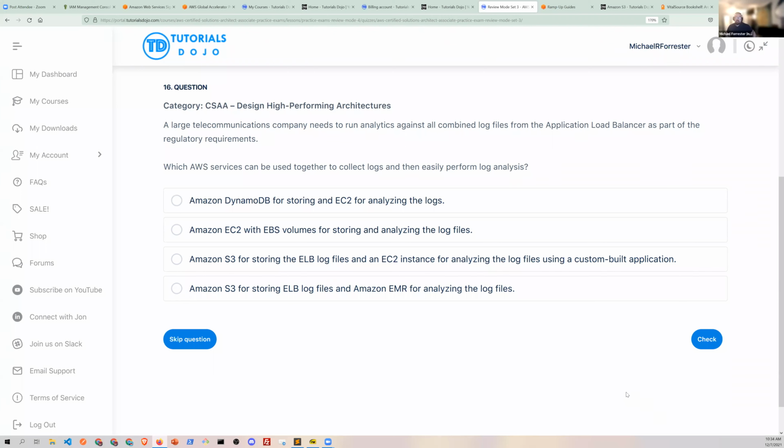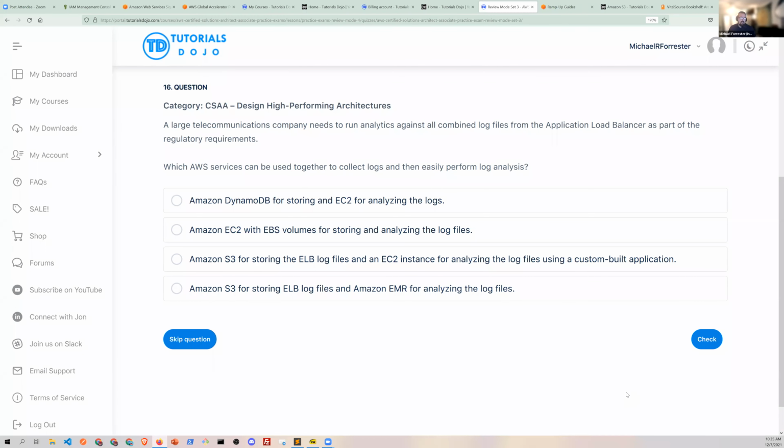Well, remember, EMR is more of a platform as a service. So if you have to choose between infrastructure as a service, which is what EC2 is, and EMR, which is a platform as a service, AWS every single time is going to ask you to step up, right? Plus EMR is designed for large batch analytics, which log file processing definitely is, a large set, large batch analytics. So it's perfect. Your reasoning there is solid.